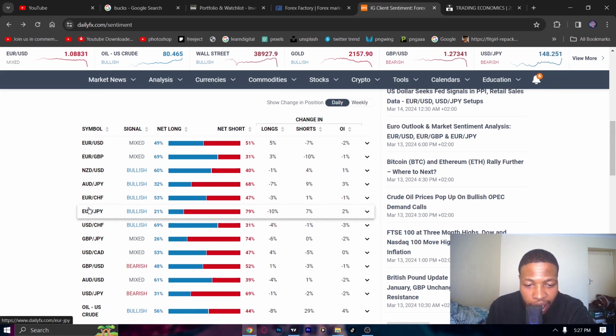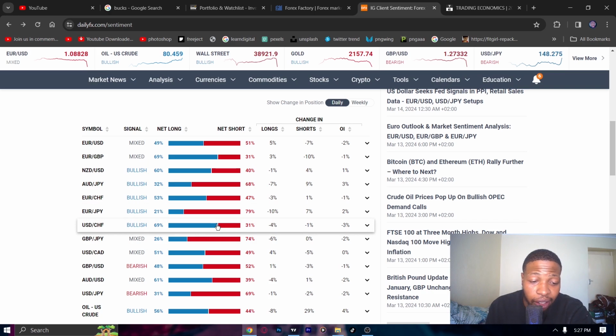How do I pick a pair? I mostly look at the net long and the net short. Net short basically means bearish, and net long basically means bullish, right? So for this chart, most people are going to sell and fewer people are going to buy. But let me be clear, this doesn't give you the movement of the chart today. This is just giving you an advantage on a pair that you can trade for the day,